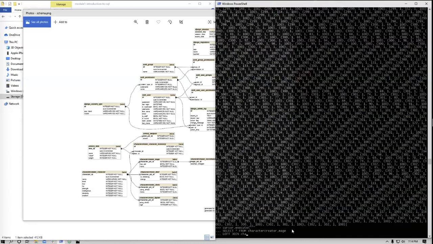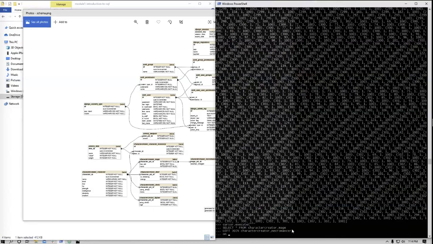Left join character creator necromancer on this, character PTR ID equals what? Mage PTR ID? Right? And then we're done.